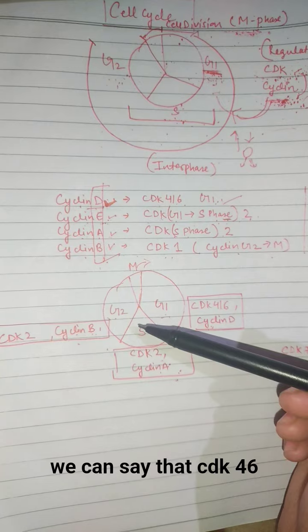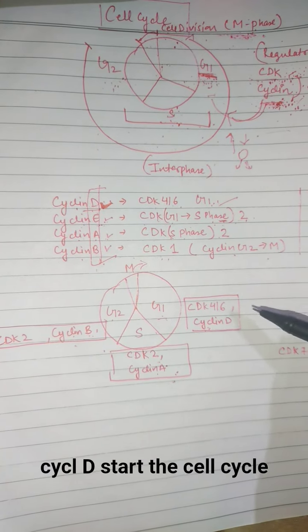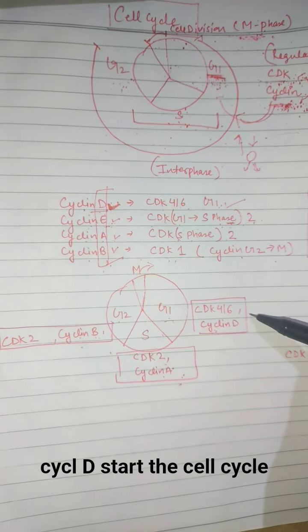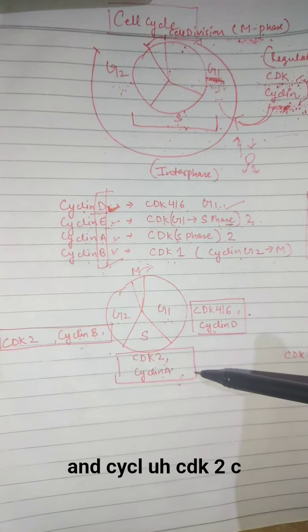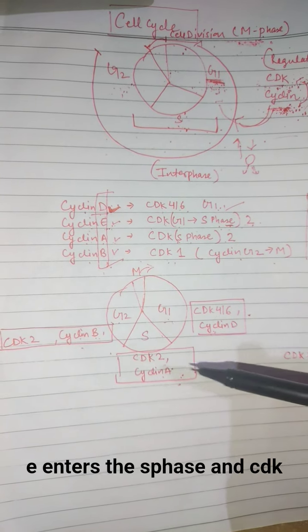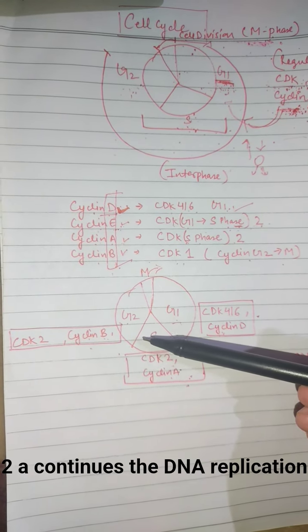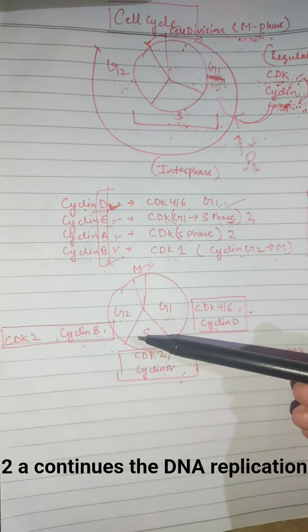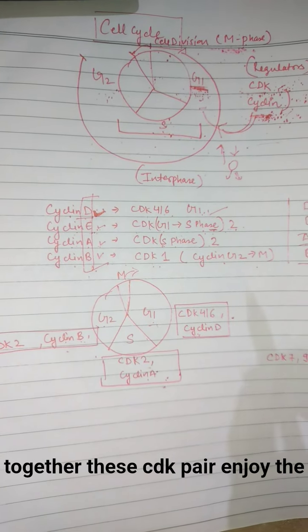So in summary, we can say that CDK4/6 with cyclin D starts the cell cycle, CDK2 with cyclin E enters the S phase, and CDK2 with cyclin A continues the DNA replication. Together, these CDK cyclin pairs ensure the cell cycles